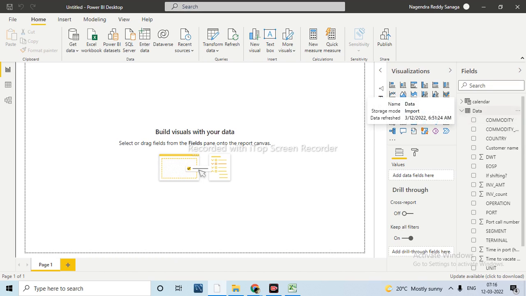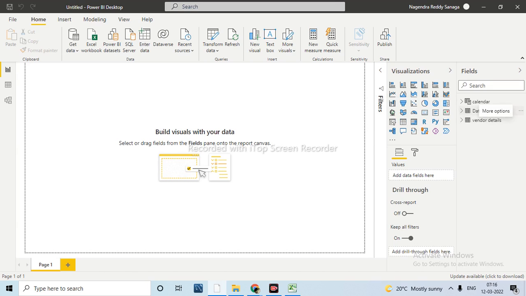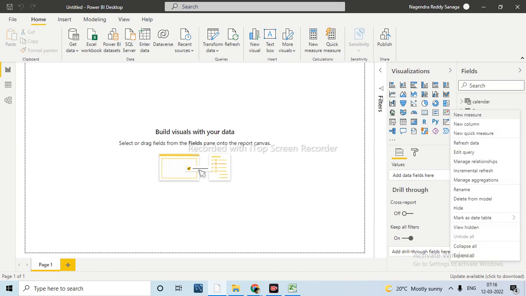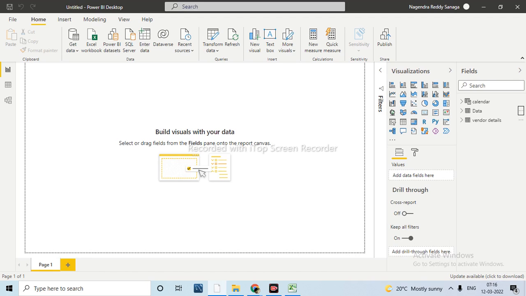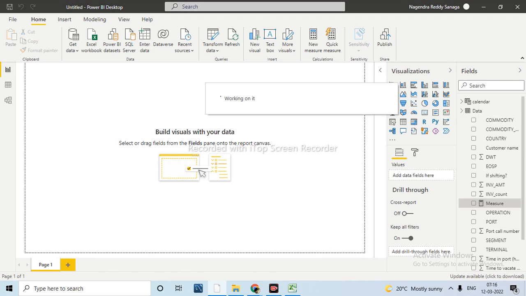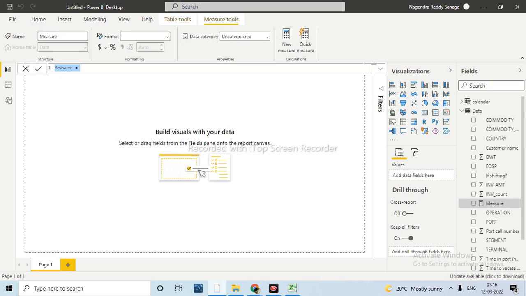Okay, now first thing is the direct one. Anyway, based on our filter selection, automatically it will segregate. For that, directly we can take total INV, total amount as well as the total count. Total amount, just this is a direct formula, nothing we are doing. INV amount. Okay, this is done.